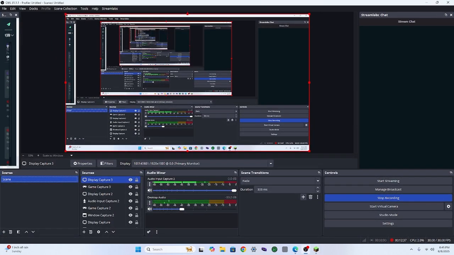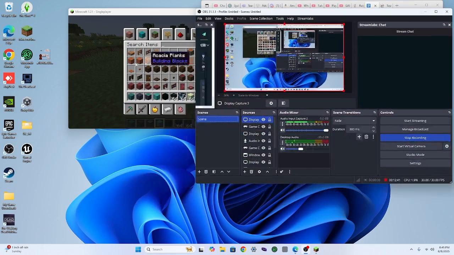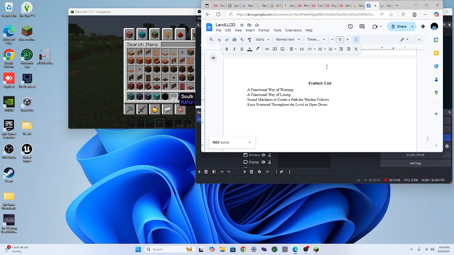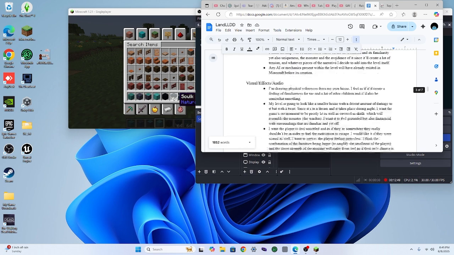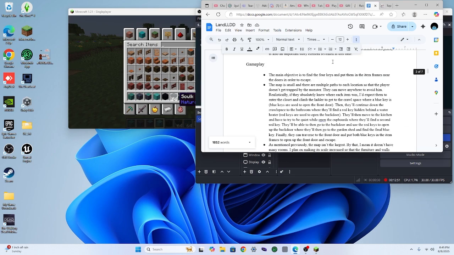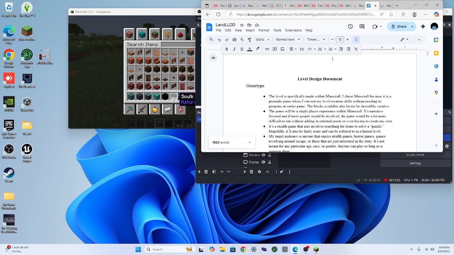I just finished a lot of the documentation needed. I'll quickly show you. I'm sure you saw me create a lot of it, but I have the working level design document right here. Asset list and feature list. I didn't add much there. I didn't really need much outside of everything. But that's everything I've got there. Total of 1,900 words.